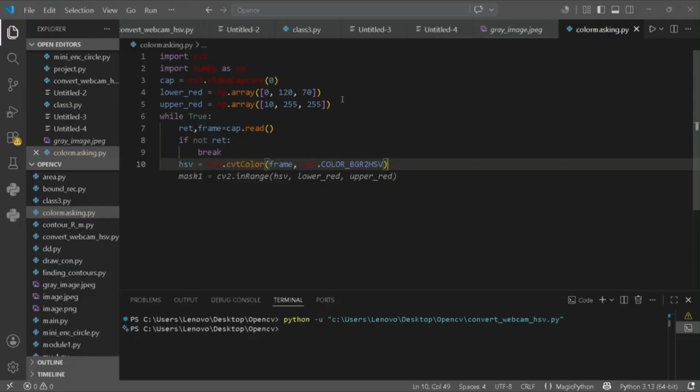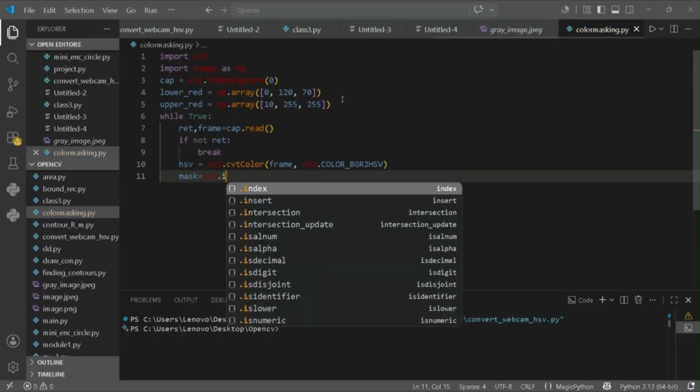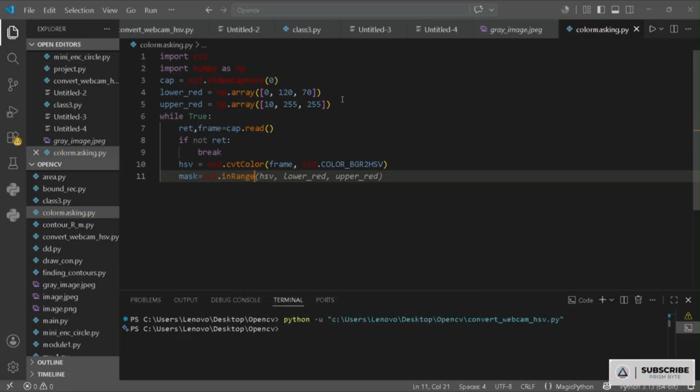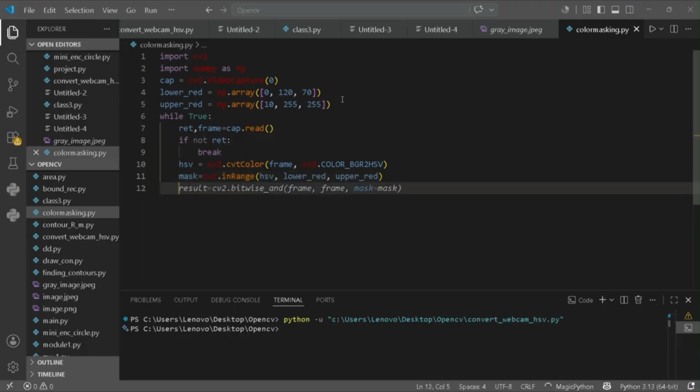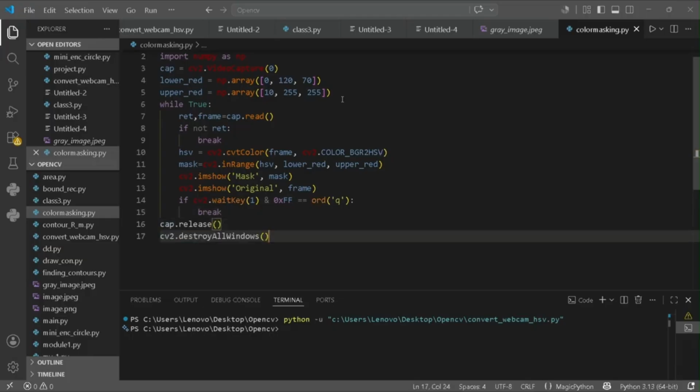And now we'll write the masking. So write mask equals cv2.inRange, HSV, lower, upper, and then cv2.imshow the mask and the original frame, and here as usual we do that. Okay, now if I run this code,